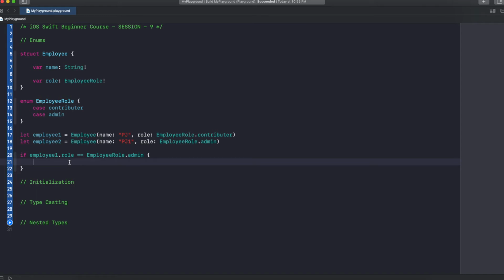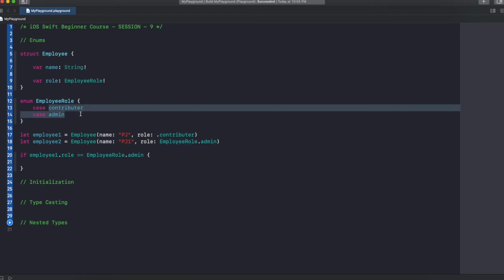Here is one more benefit of Swift. With the latest versions of Swift, since the data type of this role is EmployeeRole, when you pass a value to this property, Swift automatically detects that it's going to receive the EmployeeRole type. So you don't have to pass the full name. Just by putting the dot operator, you can directly access the cases in that enum.